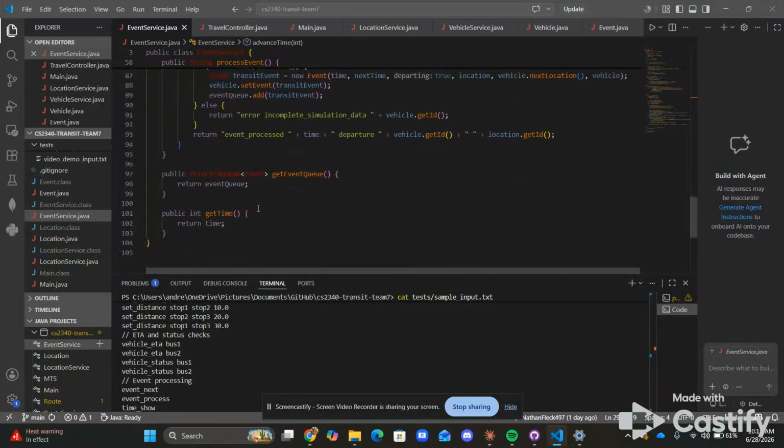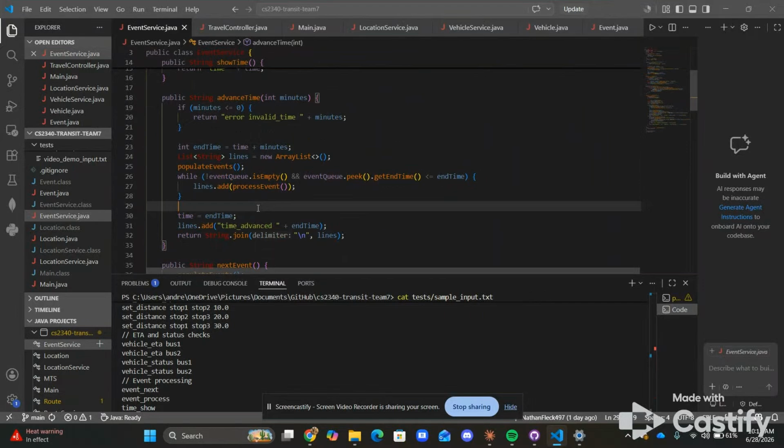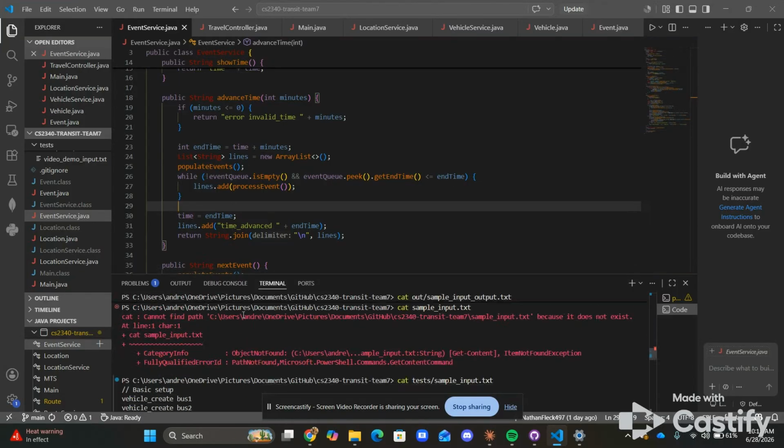Advance time repeatedly calls process event in a loop until either the queue is empty or the next event's end time exceeds the target time, then sets the logical time to the target and reports all processed events. So now we're going to see this in action. And for that, we have